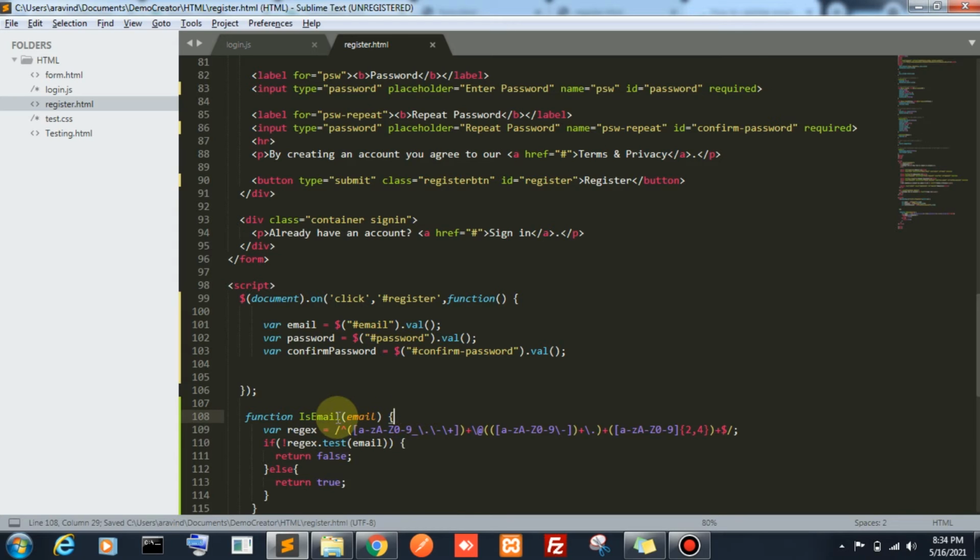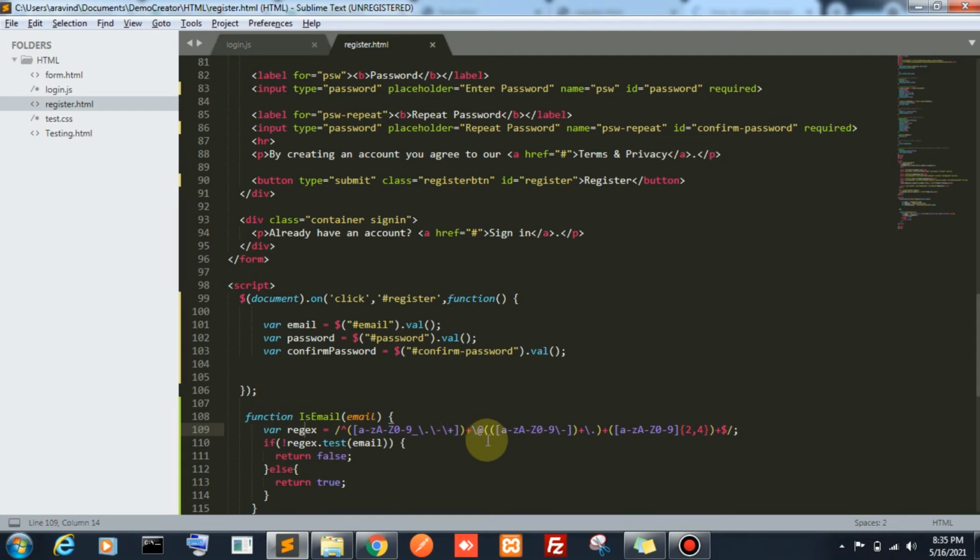Inside this function we are passing an email parameter. It will check with this regex pattern. What is the regex pattern? It checks whether the email id has characters, then the at symbol, then after that some .com or .in, so we need a dot symbol.